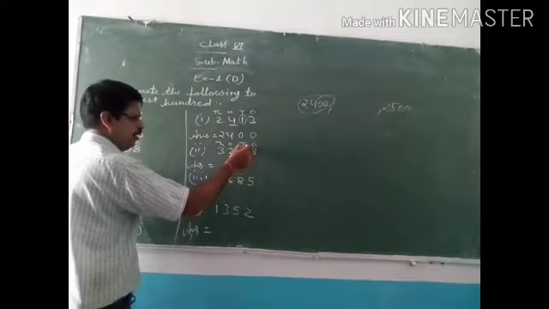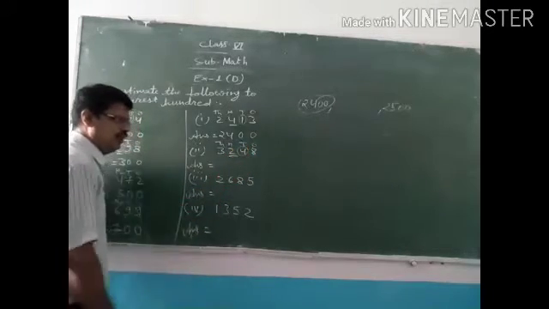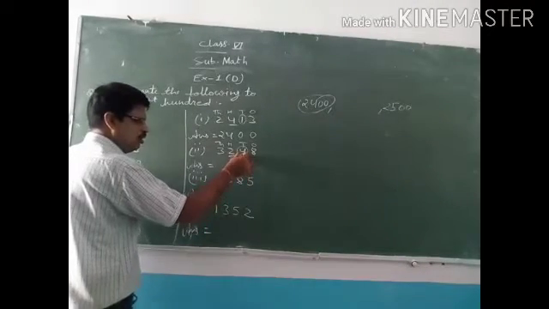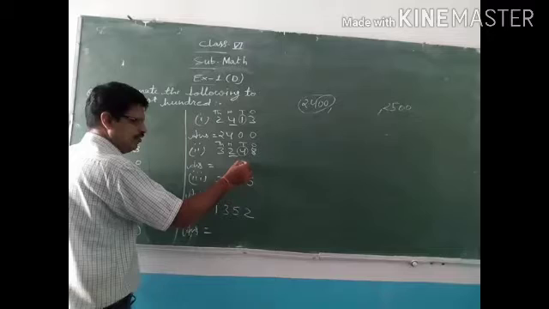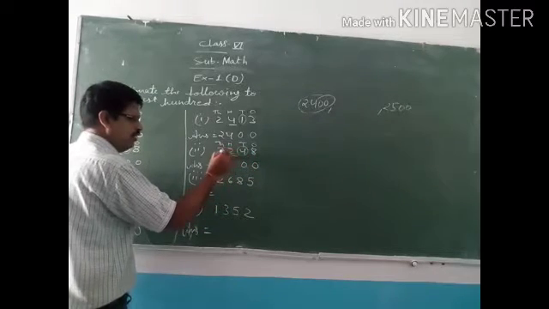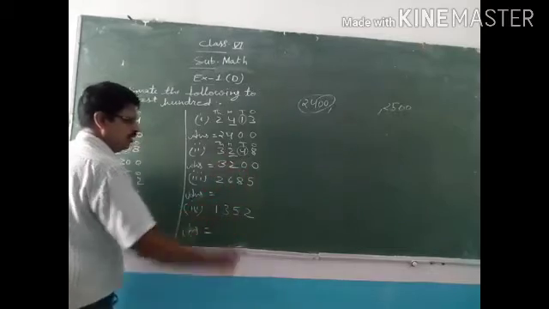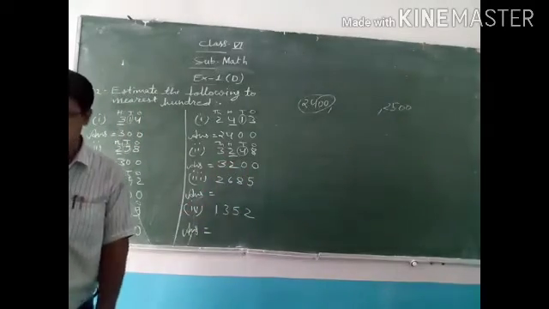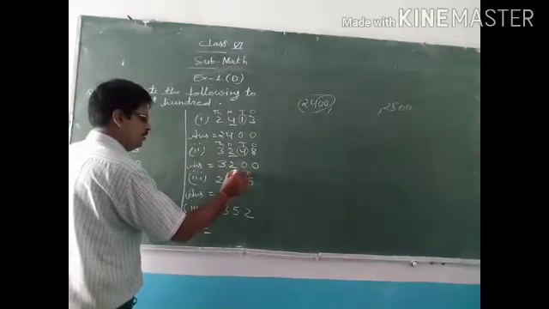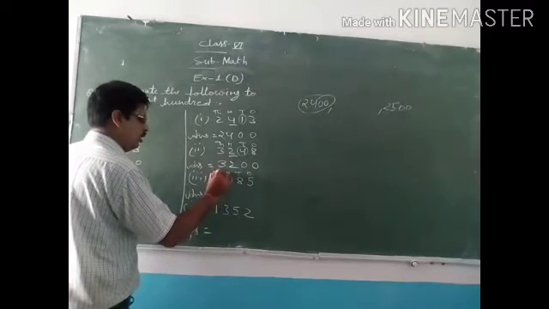If we have to round off to the nearest 100, then we have to observe the 10th place digit, and here at the 10th place digit there is a 4. 4 means it is less than 5. It will become 0, and these both will stay the same as it is. Understood?